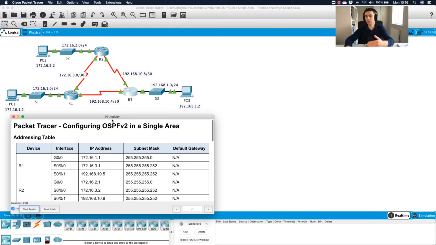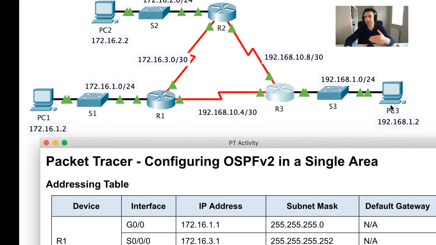As you can see on my screen, it's basically a single area. So what we're going to see is we're going to use the backbone area of area 0. And what this essentially means is we're going to keep all of these routers in the same area. The idea of the challenge is to get PC1 to ping PC3 and also to ping PC2 here